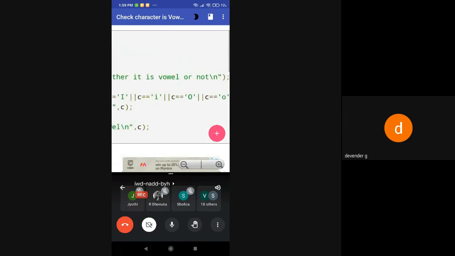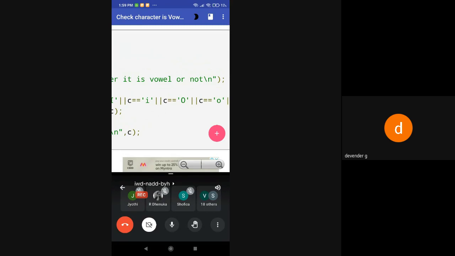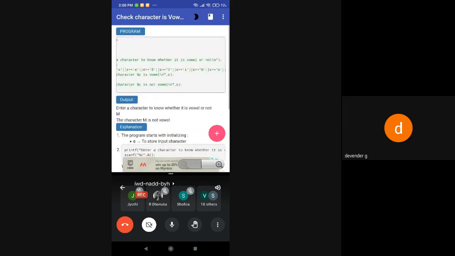If you see here, I'm using a \n. \n is nothing but display in a new line, so my cursor will be blinking on the second line. Then after that it should accept something from my keyboard. For that I'm using the scanf function, a ready-made predefined function which is coming from the library file.